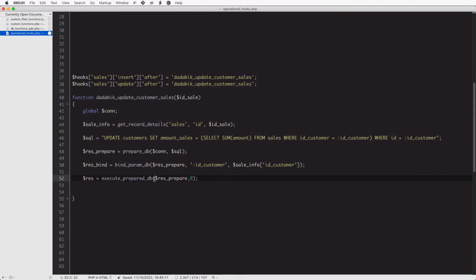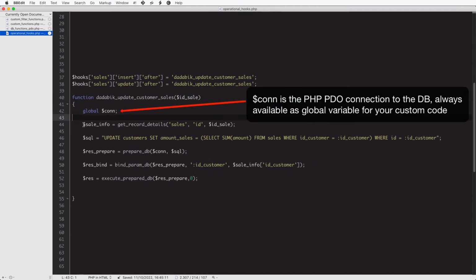When you execute an after insert and after update hook, the function you define receives in input the ID of the record that the user has just inserted or updated. We'll comment the code now.